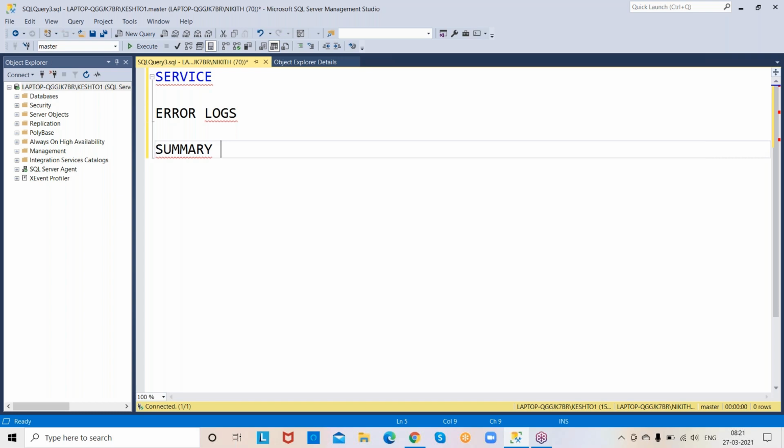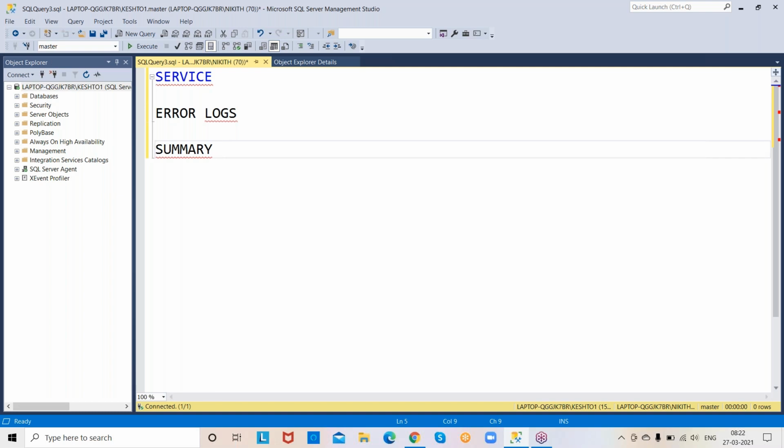So next step, error logs. When we look at the name error, we feel like it contains only errors. No, that is not correct. Error logs contain not only error messages.